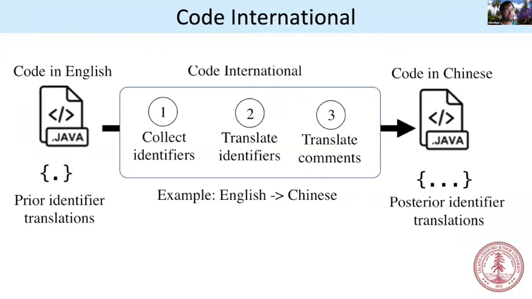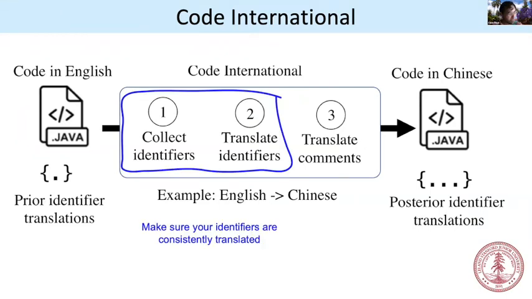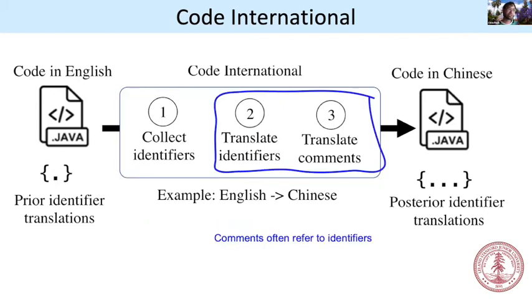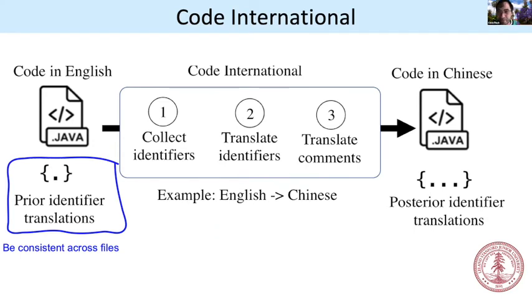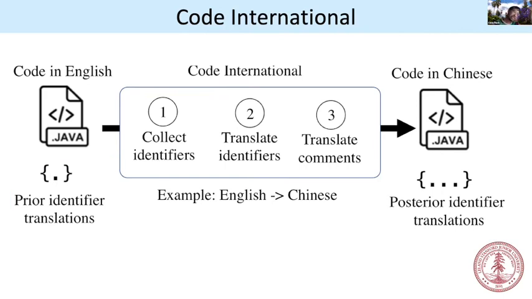A couple other gotchas. We put a lot of energy into thinking how we can make a whole system that works. And we do things like collect our identifiers before we do our translation so that when you translate your comments, you can be consistent with your identifiers. You remember that we're going to do a textbook at the end of the day. So we have to do things like make sure that our translations are consistent with the rest of the text in a textbook. Check out the paper for all those gory details.